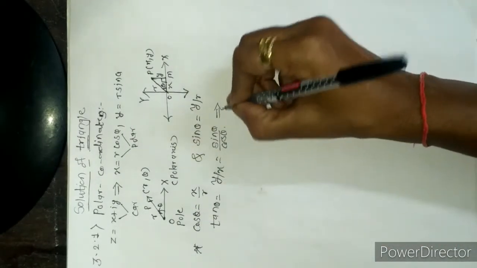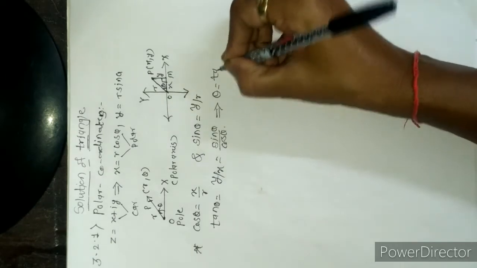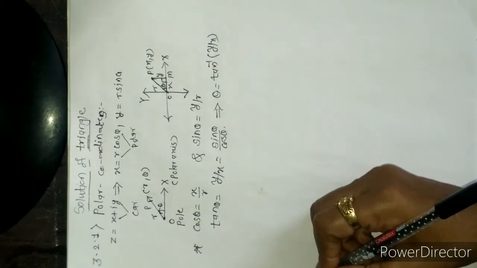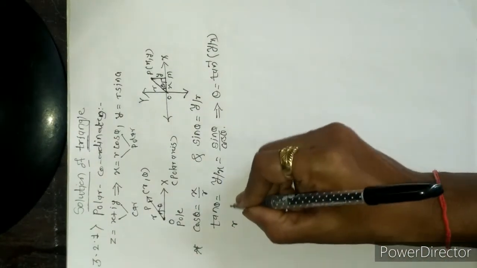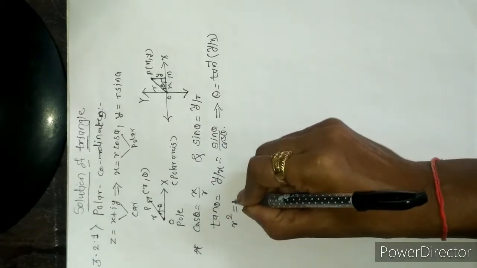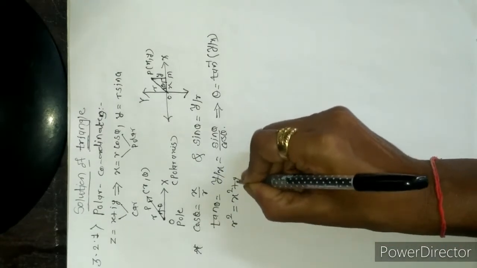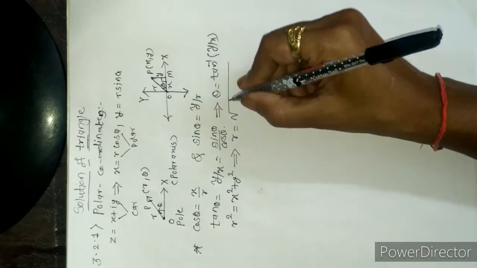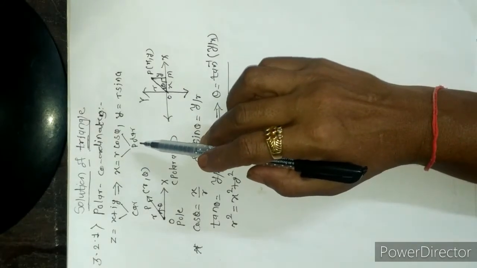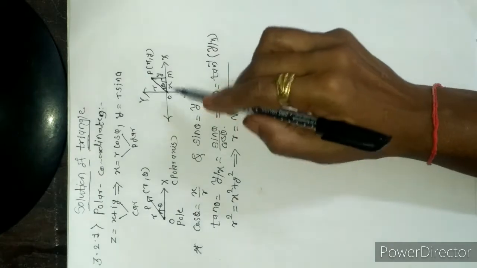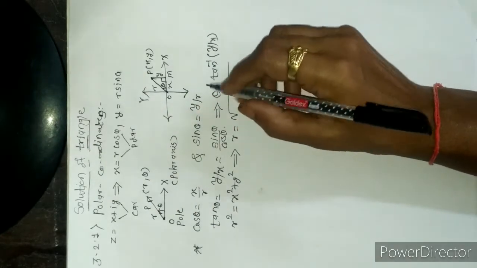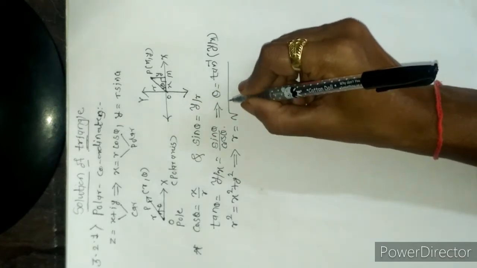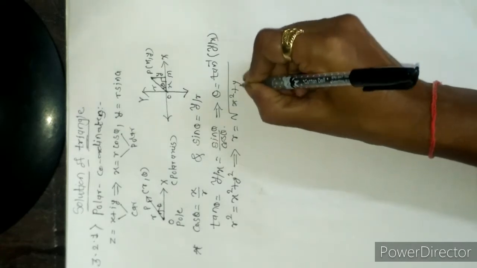With the help of this, we find the value of theta as the inverse tangent function of y upon x. And for r, by using the Pythagoras law, r square is equal to x square plus y square. Here r is the modulus in the case of a complex number, but in the Cartesian system it is the distance of the point P from the origin, or the polar distance of the point P from pole O, which is equal to the square root of x square plus y square.